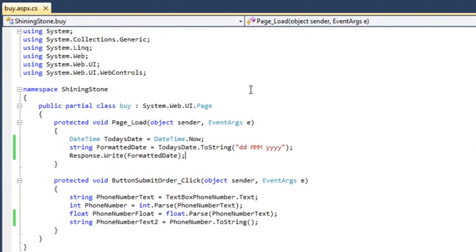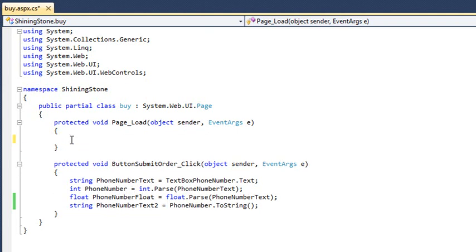The last way of converting variables is called casting. Casting is usually used when the type of the variable is ambiguous. For example, when faced with a value such as 123.45, C# cannot determine whether the number represents a float, double, or decimal value. Remove all code from the page load event handler and add the following: